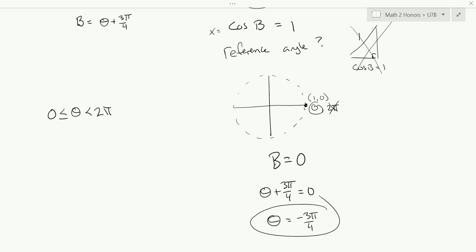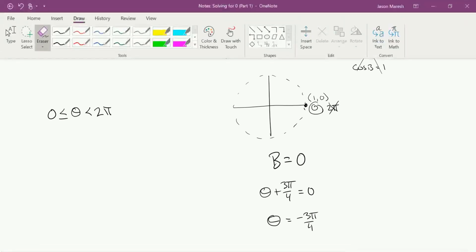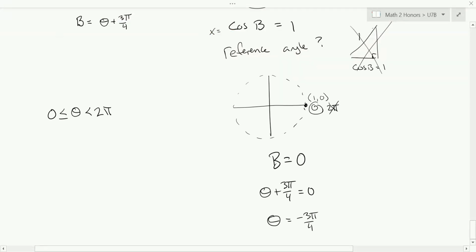Oh, good question. So theta has to be between 0 and 2 pi. So yes, we need to find an angle that's coterminal. So how do we do that? We could just add 2 pi to this. If you add 2 pi, it circles around and it'll make it positive, so coterminal. So that would be 8 pi over 4, which would be 5 pi over 4. So yes,